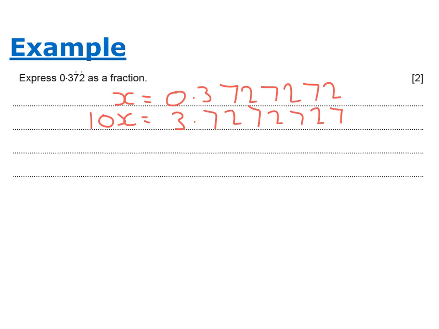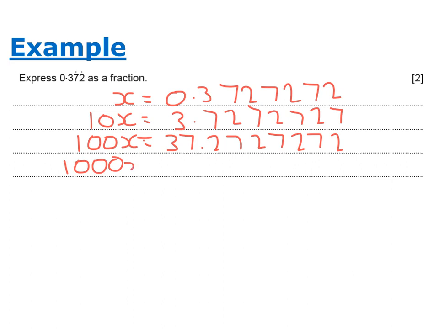Now the numbers after the decimal aren't equal yet, so then I go to 100x, which equals 37.2727272. Now whilst they are the same numbers, they are not equal values. 10x is 3.72, 100x is 37.27. So now we go to 1000x, and that is